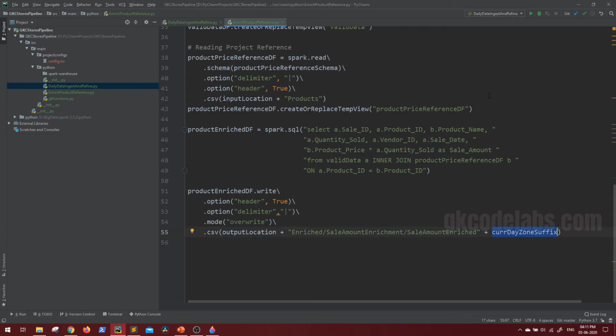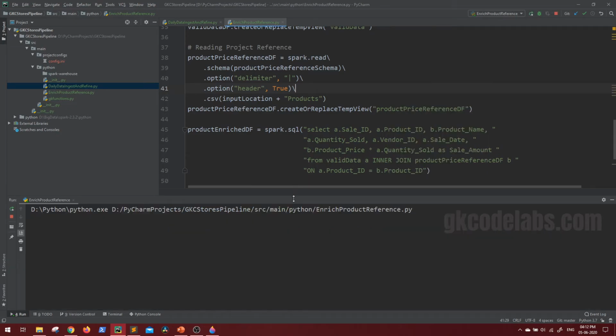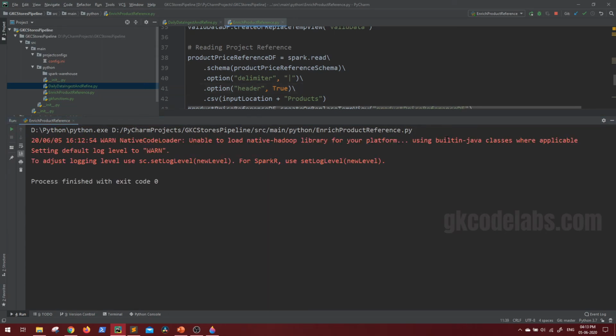Let me try to execute it. And make sure in PyCharm, if you create a new job and directly try to run it, you have to see which job it is picking. So for any new job, it's better the first time to just right click and click on run. This will run the current job. So the code ran successfully.